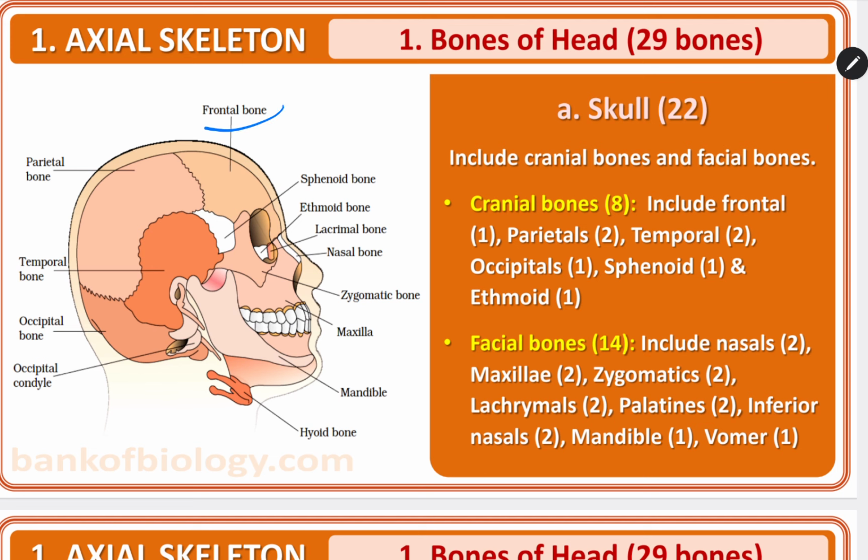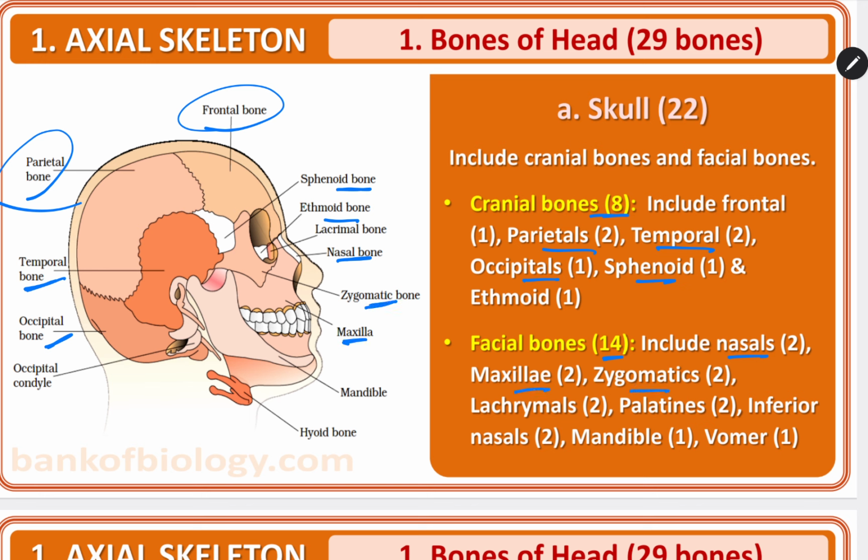frontal bone, parietal bone, temporal bone, occipital, sphenoid, and ethmoid bones, making 8 in number. Facial bones are 14 in number, and here you can see it includes nasal bones, 2 in number, maxillae,